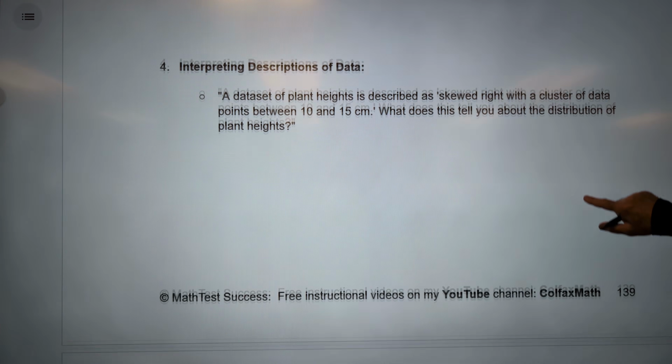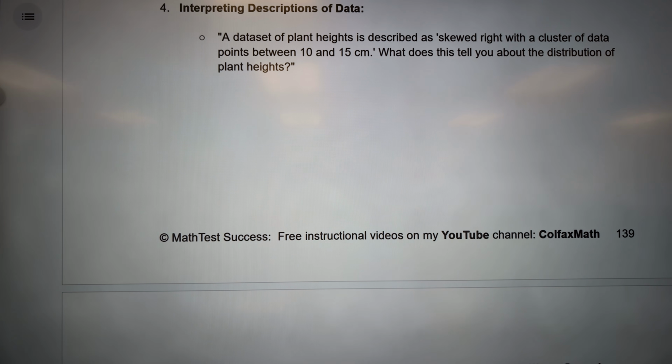Let's move this up a little bit. A data set of plant heights is described with a